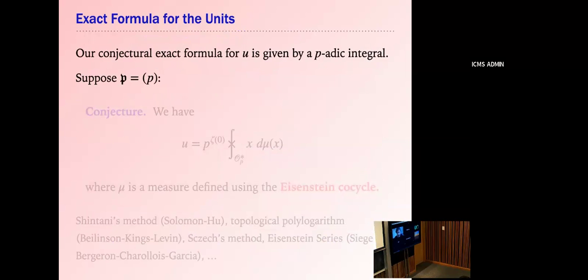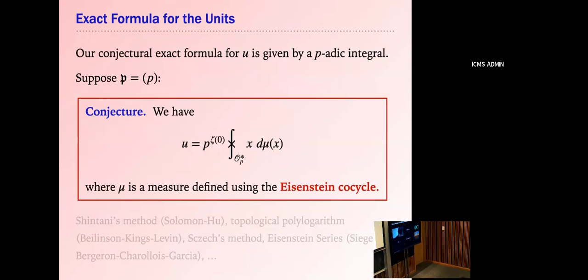Okay, so what is the form of the conjecture? I'm not going to tell you the conjecture precisely because that would take an entire lecture, but just what does it look like? It's given by one of Darmon's p-adic multiplicative integrals. So there's a certain measure defined on